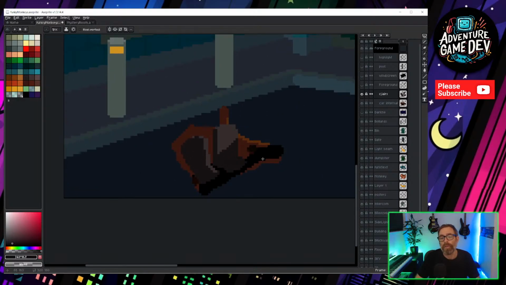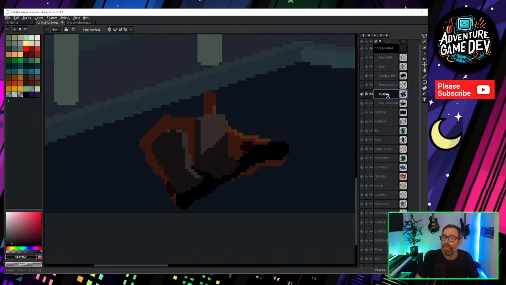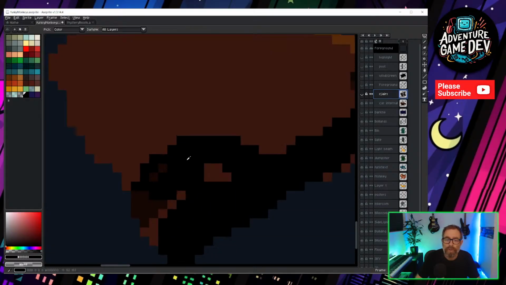Right, that looks like an absolute mess there, but if we hide the chairs behind the car internals... Ah, nope. Car internals got the dashboard on it as well. So let's just clean up this steering wheel because it just doesn't read as a steering wheel at the moment.